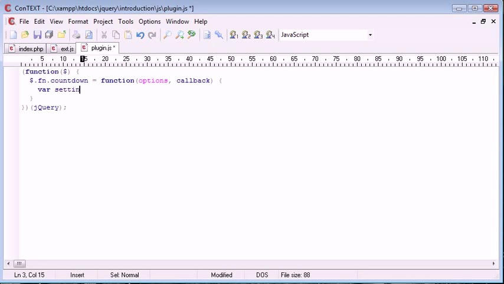So the first thing I need is a variable called settings, and this is an array of data, and that array of data takes the argument or parameter name and then a default value. So I'm going to set the default value to 60. What I then want to do is check if a user has provided these options. Now this settings here is not to be confused with the option set, but what we want to do is combine them if options have been provided, i.e. if the user has typed in here. So I'm going to say if options, and the block that we want to run if options are available is we want to extend settings